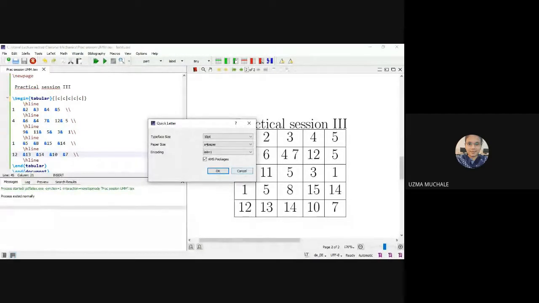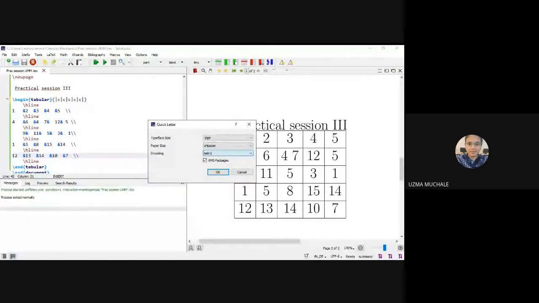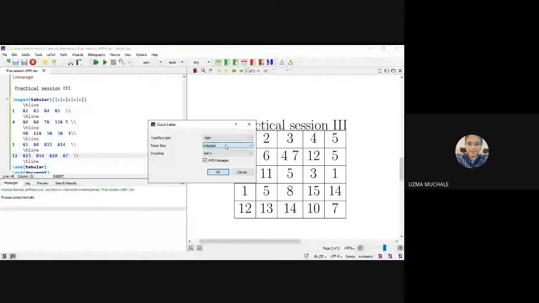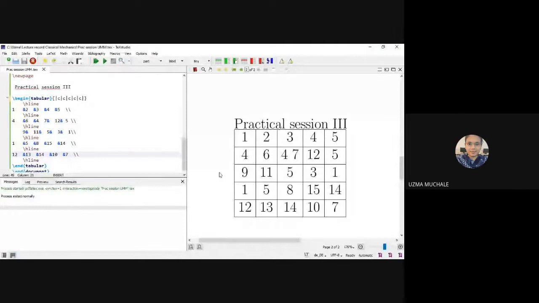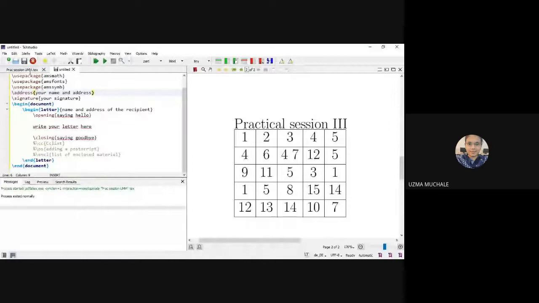What is quick letter? Okay, what we have: typeface size is 10 point and paper size is A4. Encoding is Latin. Let us change it to some different one. A4. Let us change it to 12. Okay, if I click OK, it will take it to a new file in which you can see here, as far as the practical session UMM is one file, another file is untitled which we have created